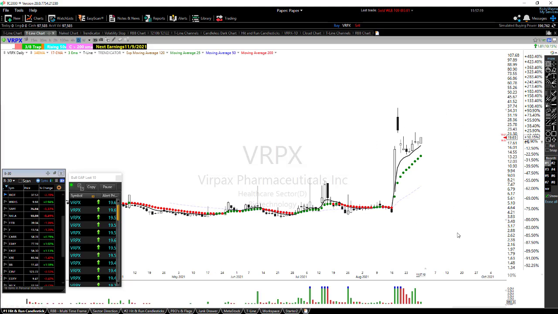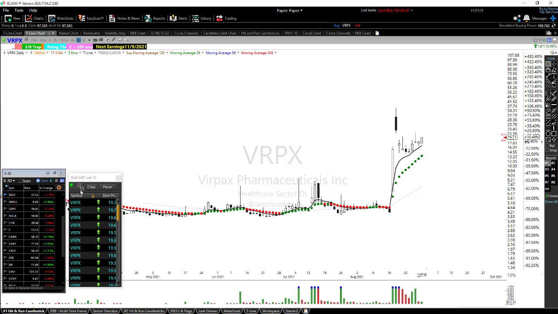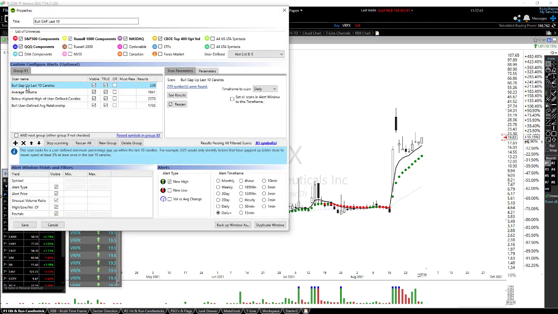Like I say, while you may not like this, while I may not particularly like this, some people do. And it's coming up on that scan where you get that gap and a pullback. And let's face it, a stock that gaps usually has a little volume behind it. Now, I don't particularly know the bull gap. Other than what's written right here, I really don't know what's inside it.